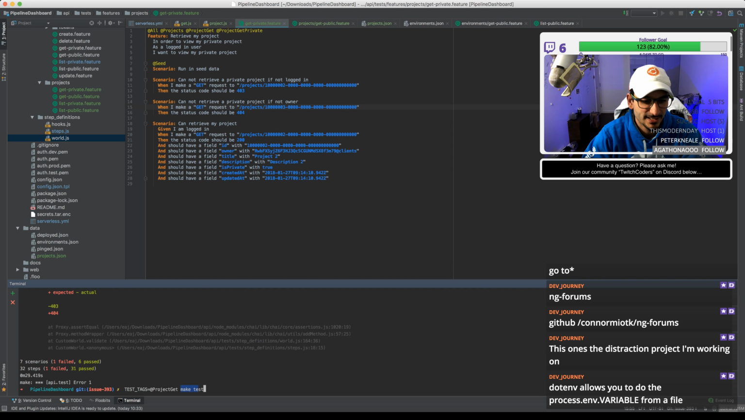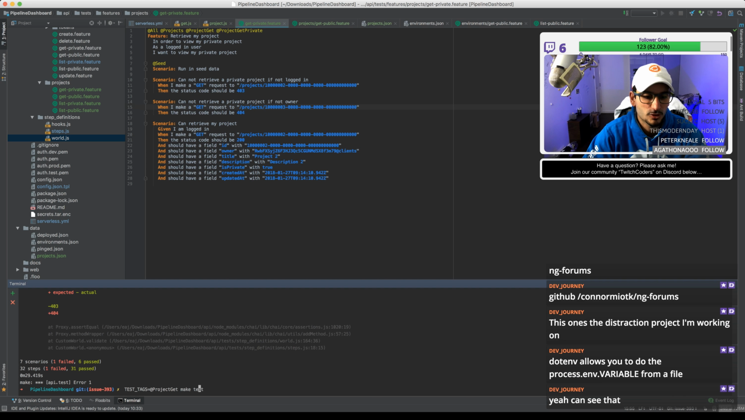It says make test. That's the command that I'm running. But I do have an environment variable which is called TEST_TAGS, and I'm setting it equal to @project_get. So you can put any environment variables you want. So if I had a JWT in here, I could go JWT